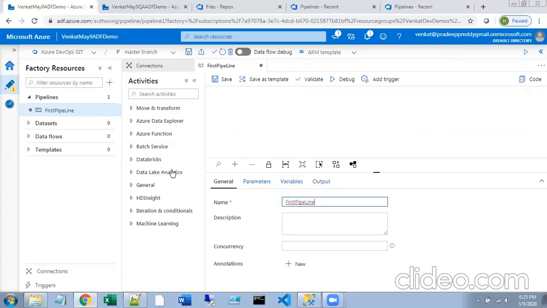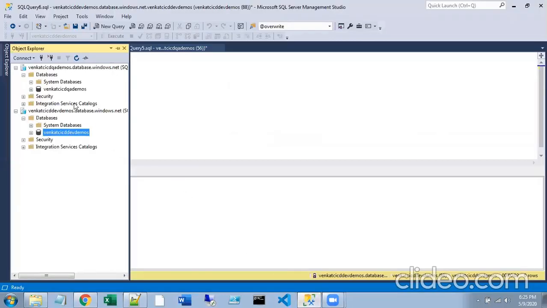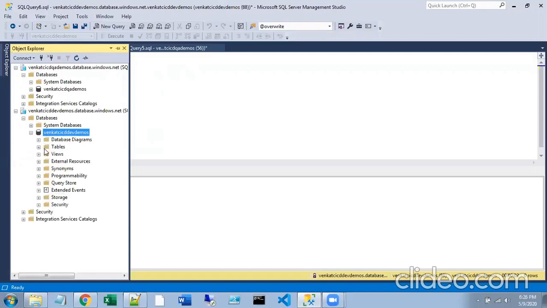So I'm going to execute a simple stored procedure. Before proceeding with the stored procedure execution, I want to tell you one thing here. I have connected to those two databases from my SQL Server Management Studio. Usually when we work on any project, the schema is going to be the same across the databases. Your dev schema is going to be the same as your QA schema. So you see, I have only one table in my dev environment,